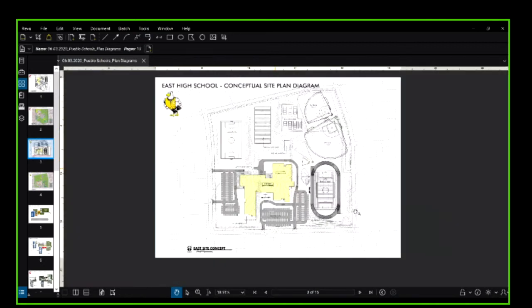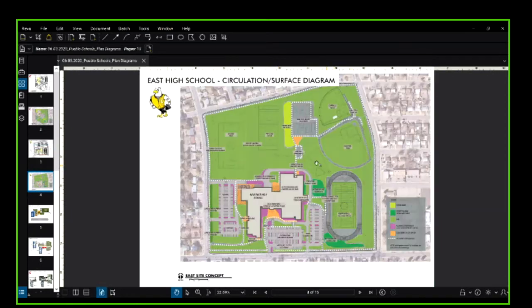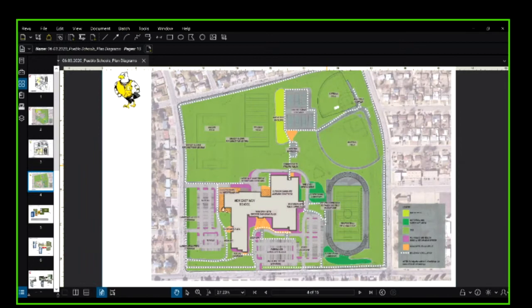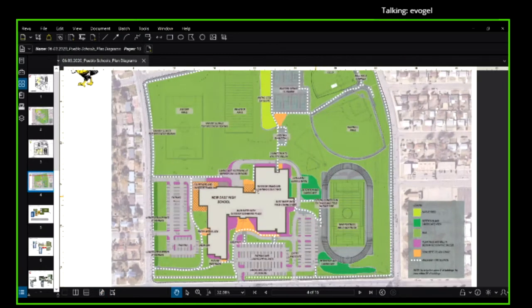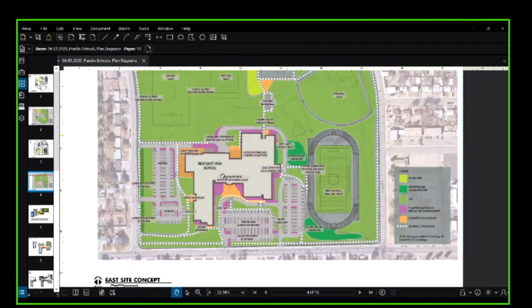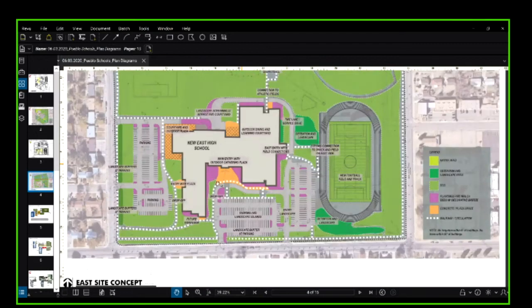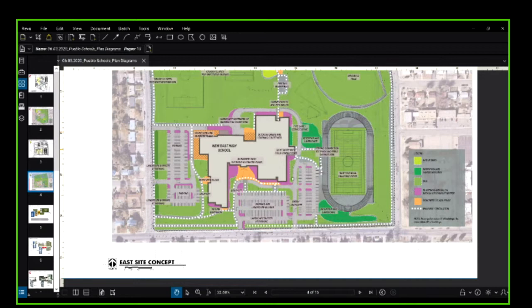So what that looks like as far as hardscape and landscape and native seed versus sod and circulation through the site, this is the first pass of that. So to see how we're dealing with that main front entry and trying to soften those edges and this berm up into the upper tier, we'll have a great connection out of the athletics down to the track and field outside those locker rooms, as well as to the north.